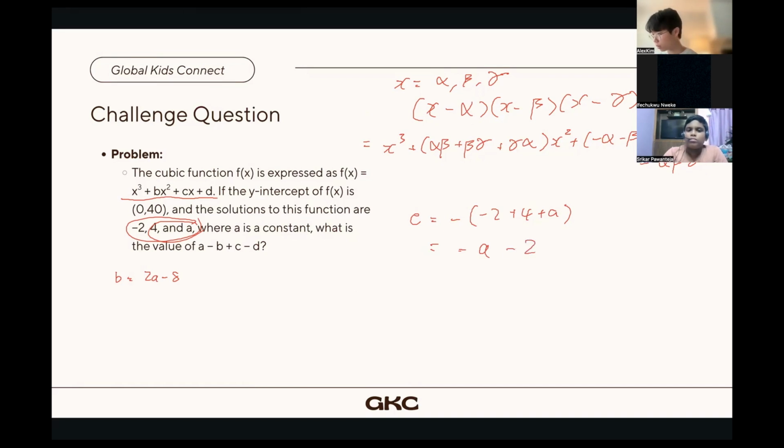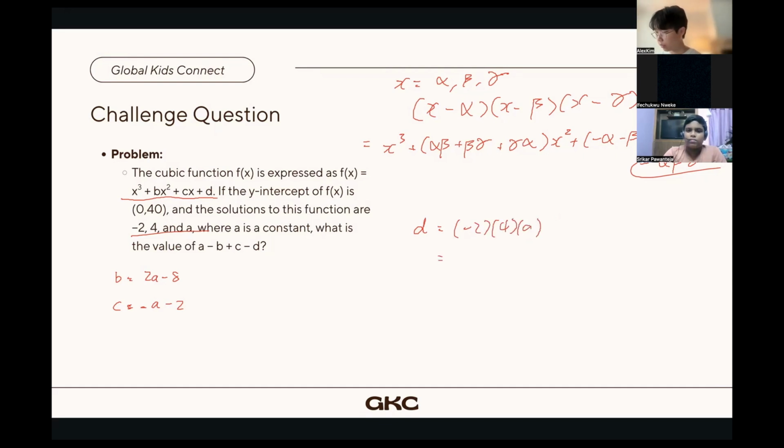If I am correct, yes, okay. And so if we do this, then we get c is equal to -a, -2. And so the final value that we have to find is the value of d. For d, we can see that it is the negative product of each solution that we know. And so we can write that down. If we take a look at our solutions once again, that's written here, we just multiply everything